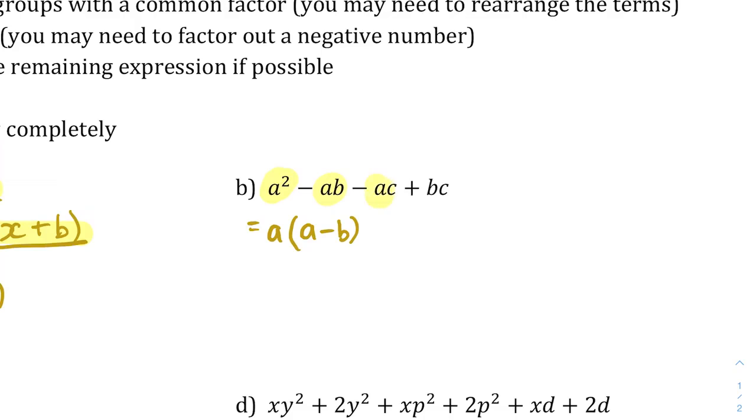Then we focus our attention on the next 2 terms, negative ac and bc. What's in common between these 2? C. And let's open up our brackets. C times what will give us negative AC? Negative A. C times what will give us BC,